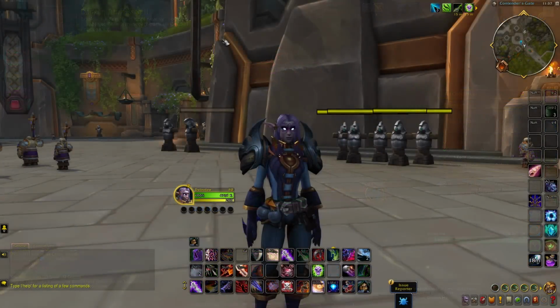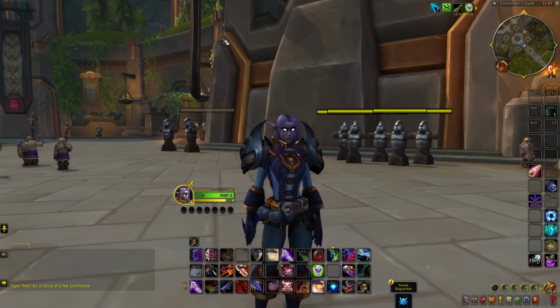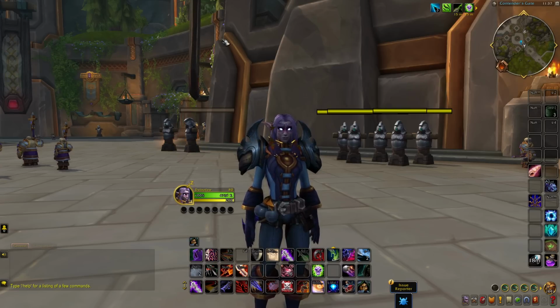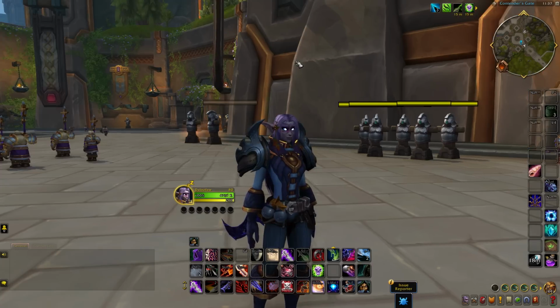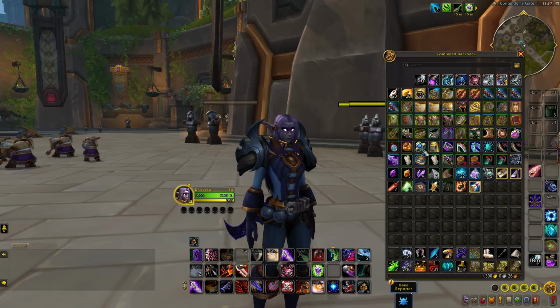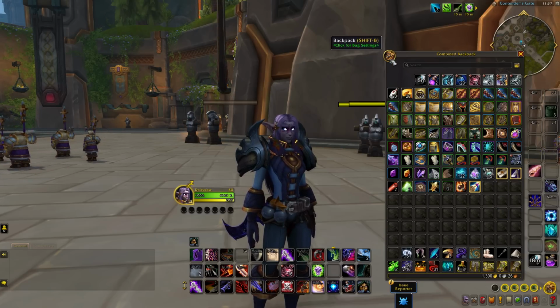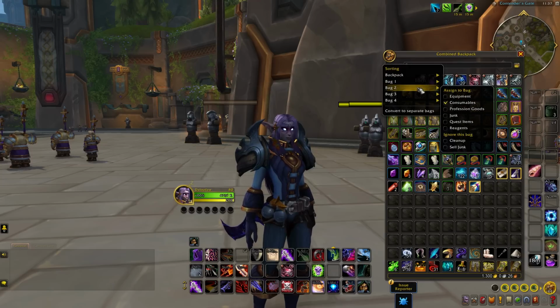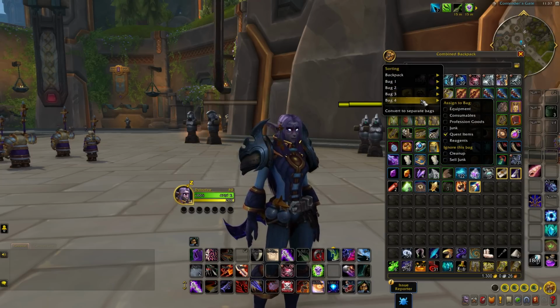Okay, so the first thing we want to do is improve our UI a little bit with some of the most common UI improvements that players usually do. Like for example, we could always update our bag add-on, because bags have gone through quite a few UI changes, but they still don't have enough details in terms of trying to help you figure out what's where in your bags. I mean, you can customize every single one of your bags to assign all the different items to, but